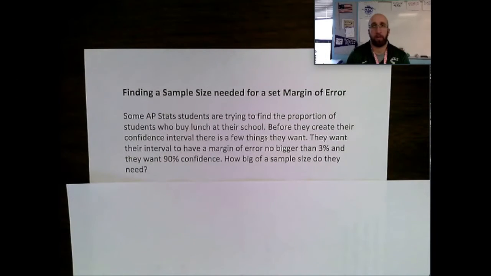In this video, we're talking about finding a sample size needed for a set margin of error. Before I jump into this specific example and show you how it's done, let's just talk about why these problems exist. When we're creating our confidence intervals, yes, we're trying to pin down a population mean or